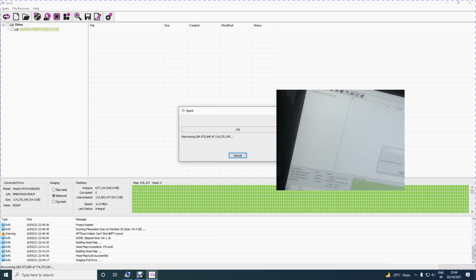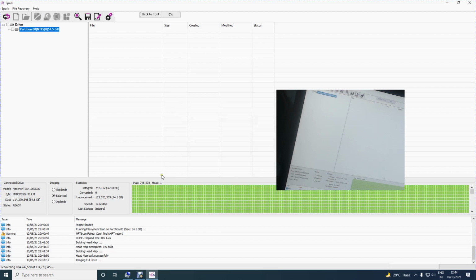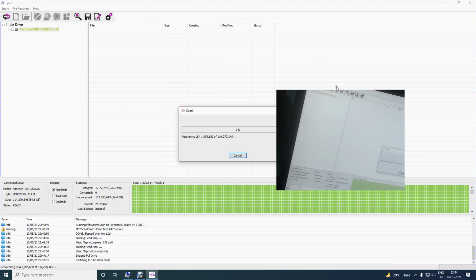Let us shift the setting in the background and put it on skip bad, and see whether the speed increases or whether any bad sectors come in. See, the speed drastically increased to 33 MB/s. So if you keep on skip bad and the drive is good, you will image at a very fast speed.